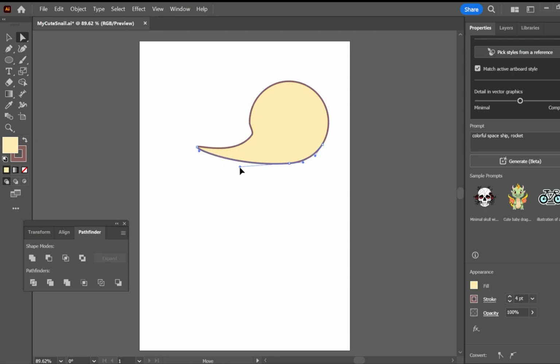Remember, you need to click the points before you can edit them and get the drag handles and move them around. This just takes a little bit of practice. Just keep on adjusting those points until you get a similar shape to mine.